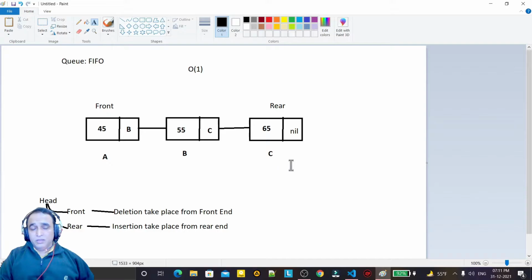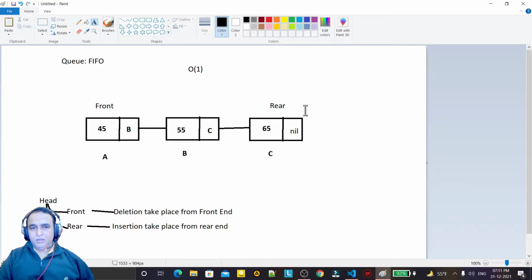So there is a rule in a queue when we perform an operation using any language. Here we are using the Go language. You know that the head node stores the information of the front and rear. It takes the information of the first node and the information of the last node, the rear. Why? Because deletion takes place from the front end. The front node we use for deleting an element from the queue, and the rear end we use for insertion of